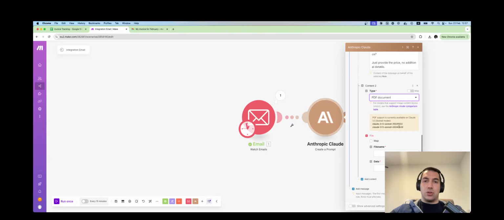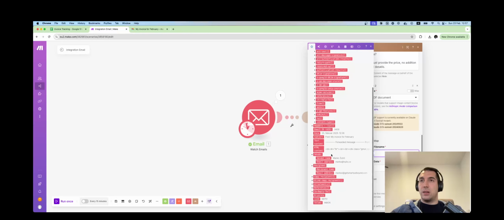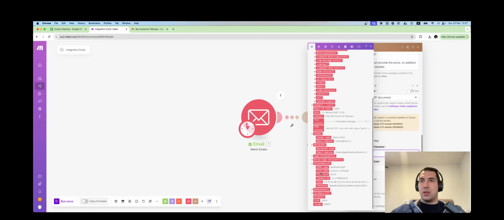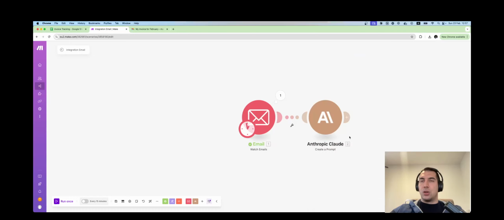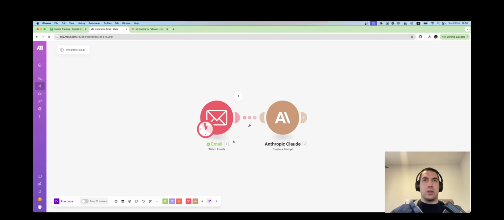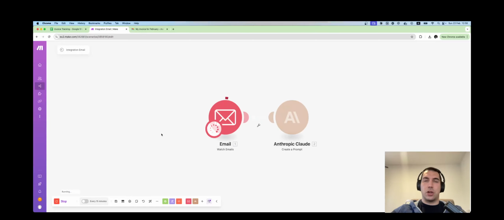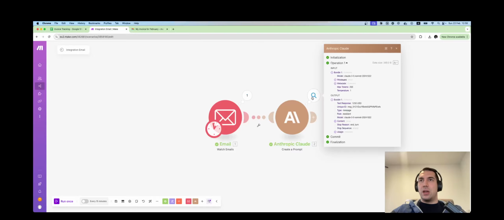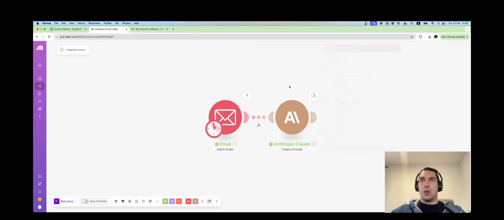And you can see these are the two models that you can use to process files. So we need to supply the file name. We can go to attachments and then select file name, and we need to provide the exact data. So we can do it like this. Now let's run it and see if this is working. We got the email and we got the response, and we can see that we got the correct value